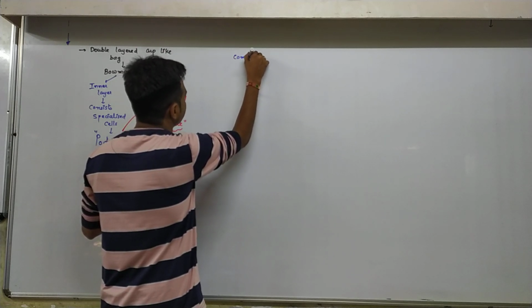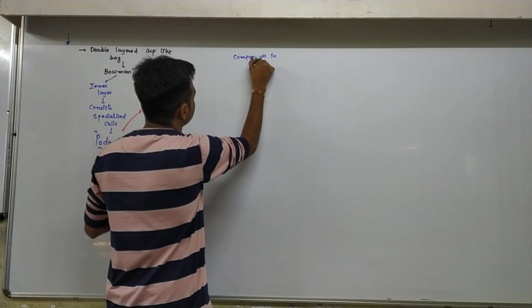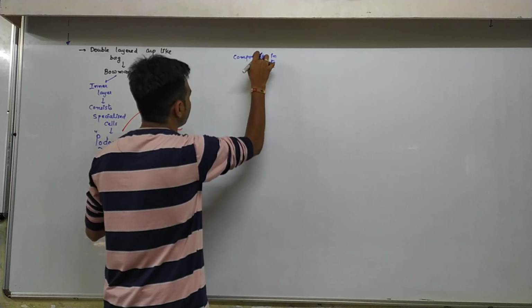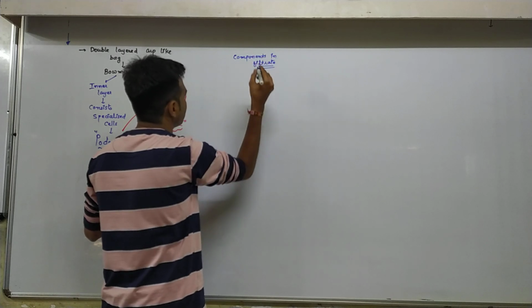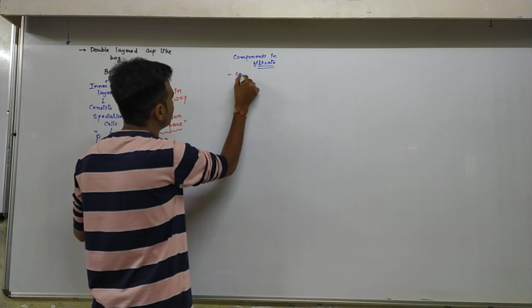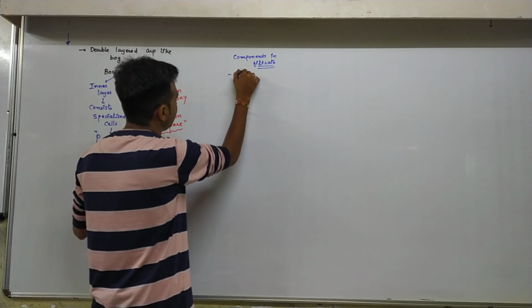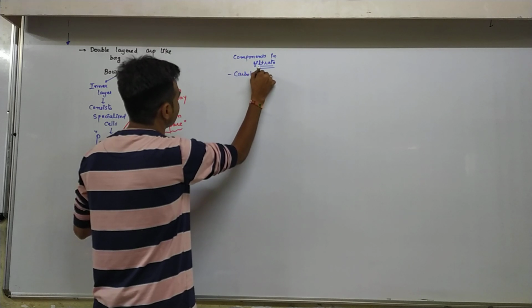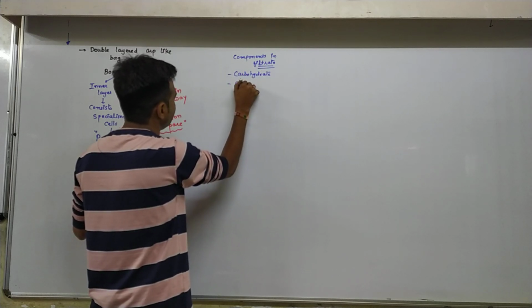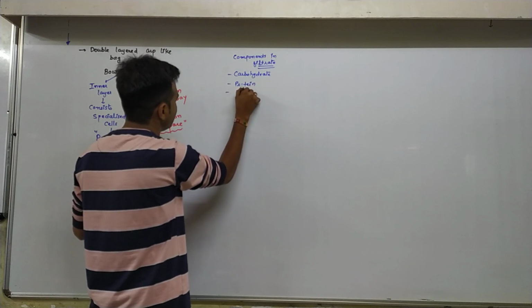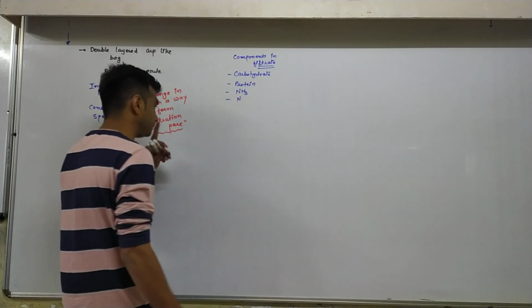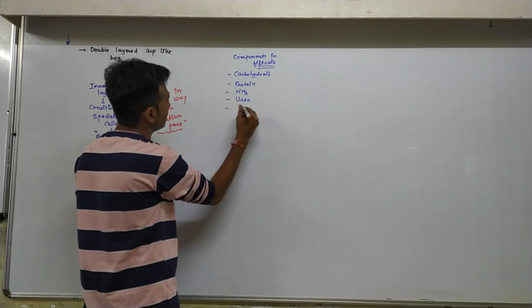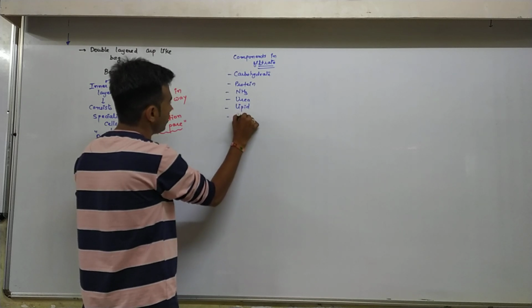Components in filtrate: CO2, sorry, carbohydrate, protein, ammonia, urea, lipid, water,